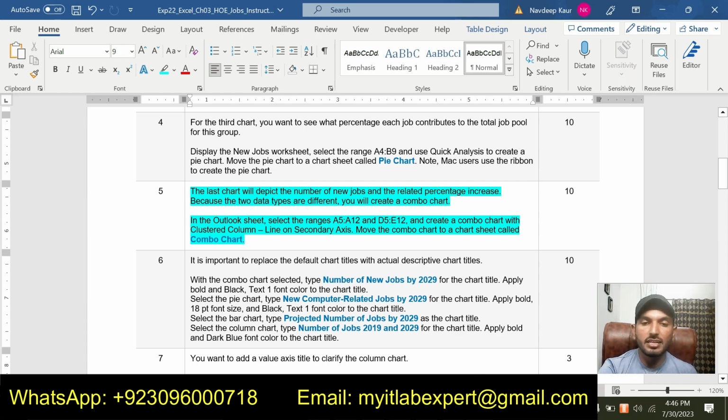Because the two data types are different, you will create a combo chart. In the Outlook sheet, select the range A5 up to A12 and D5 up to E12 and create a combo chart with the clustered column line on secondary axis. Move the combo chart to a chart sheet named combo chart.